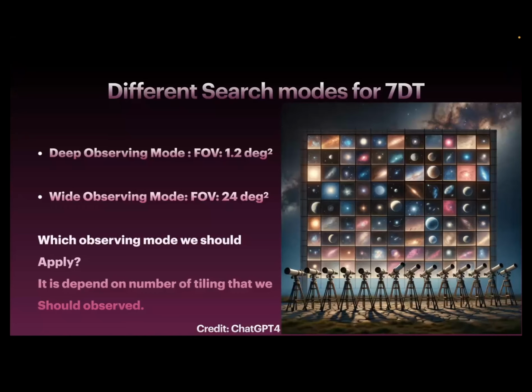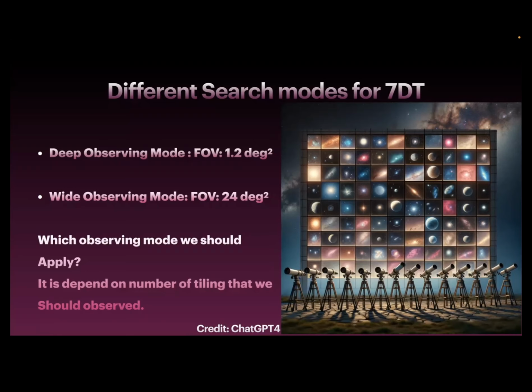For this telescope, we can apply different methods. We can apply deep observing mode. It means that all telescopes observe just one part of the sky, so its field of view is 1.2 degree power 2. And if all telescopes observe different parts of the sky, it is the wide observing mode, and it can cover 24 degree power 2, or we can do the observation between deep mode and wide mode. In the next slide, I will talk about how we work in between, and which mode we should determine for observation